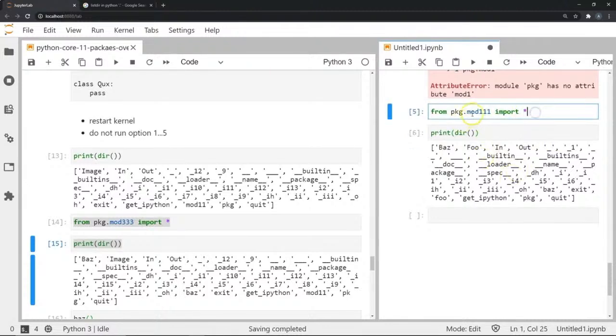What the star will do is it will basically tell Python, okay, the statement is saying from pkg.mod111. So it's saying that, okay, look into this package and find this module. And in this module, import everything that exists inside it. So this is another way of basically importing files or functions from a particular package and a particular specific module